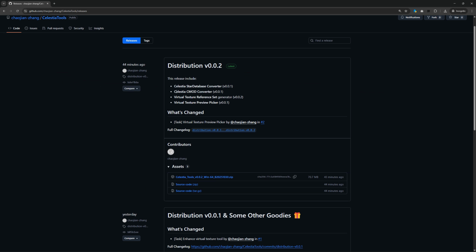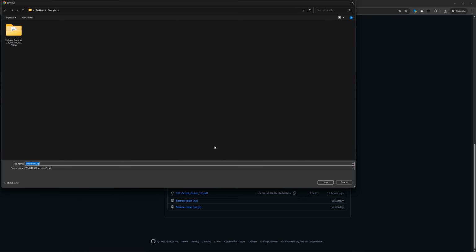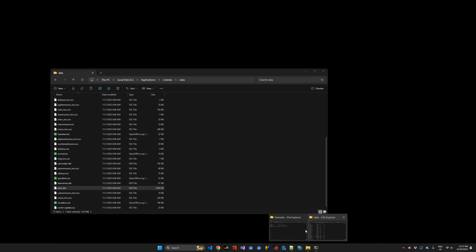The second tool is CMODConverter. CMODConverter allows you to convert any generic 3D asset, including OBJ, FBX, 3DS, into CMOD file format. And it also allows you to convert between the ASCII version and the binary version of CMOD format. To use it, we are going to compare it with the CMOD view, which comes with Celestia. I'm just going to download this one here. So if we extract CMOD view,